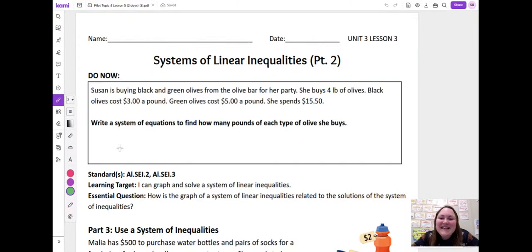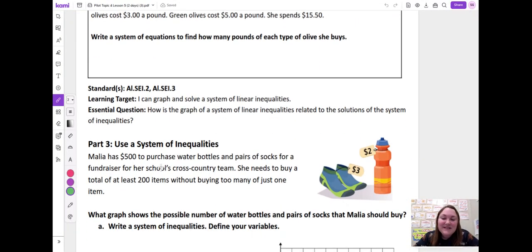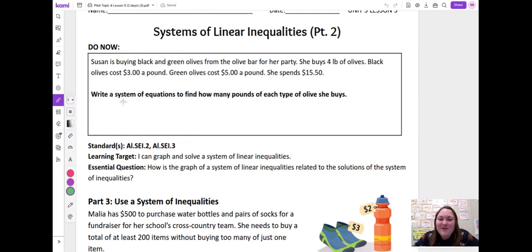Hi math students, this is our lesson on systems of linear inequalities. In the second part, we are going to focus on being able to use a system of inequalities to represent and solve a story. In the do now, you practiced writing a system of equations from a story. We did that earlier in algebra. Now we're going to be doing the same thing except using inequality signs like less than and greater than instead